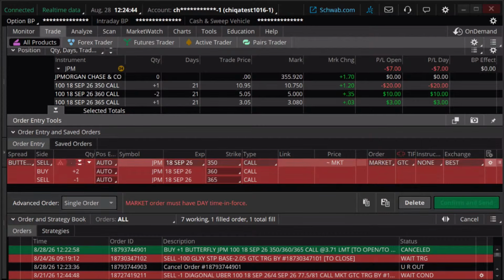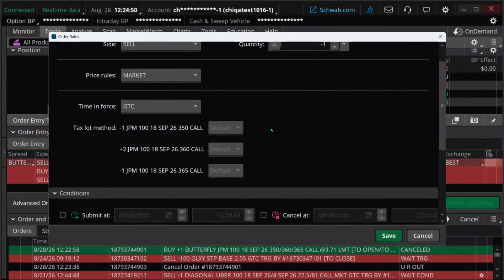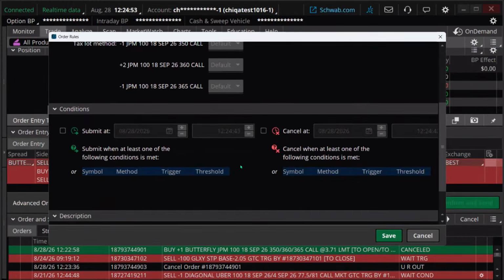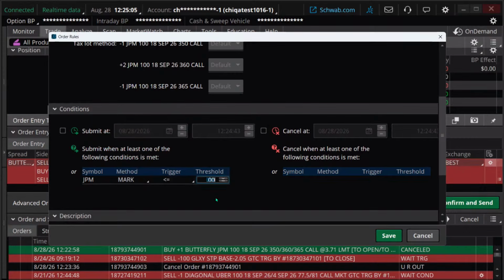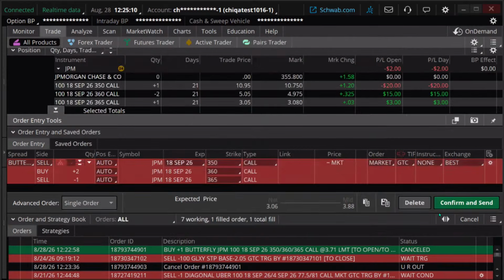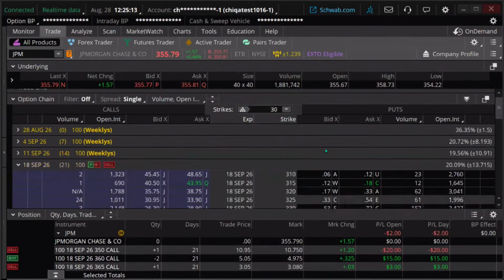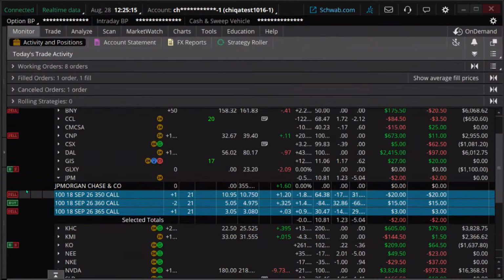It's going to bring up a window, and our conditions are below 348. So on this window that pops up, I'm going to scroll down. It just looks blank down here, but it has an area for conditions. Under where it says symbol, you just put your cursor there, click on it, JP Morgan marks less than or equal to 348. That's our exit to get out if the trade goes bad on us here, if it breaks down.